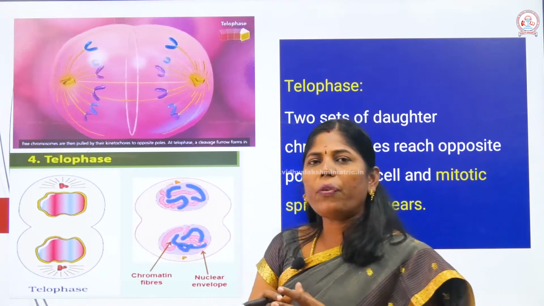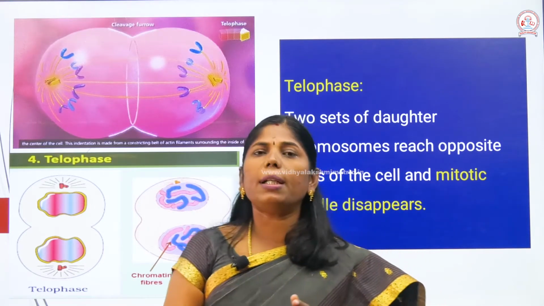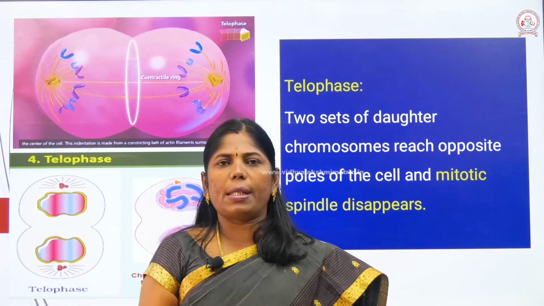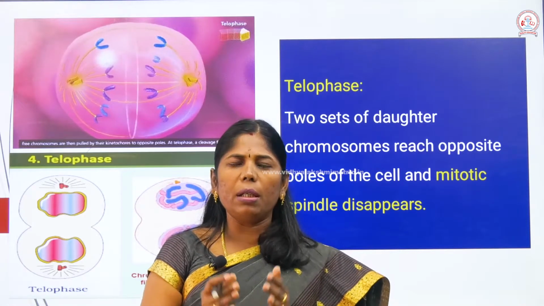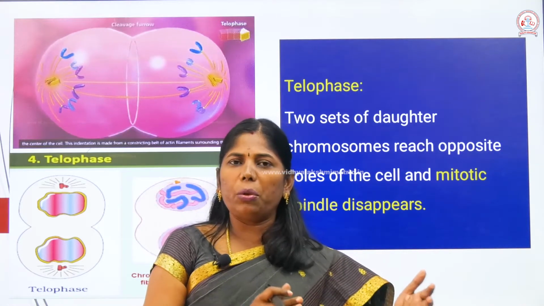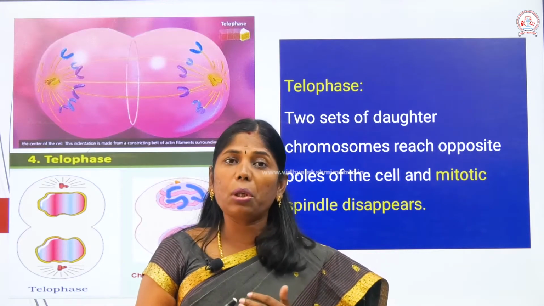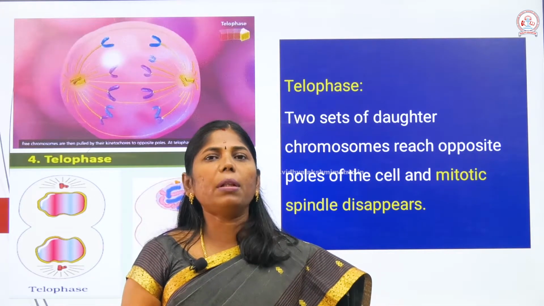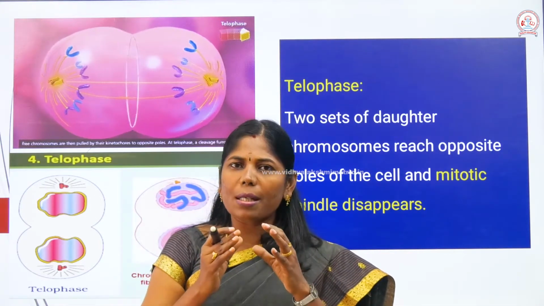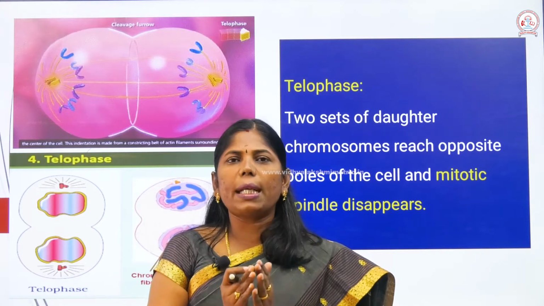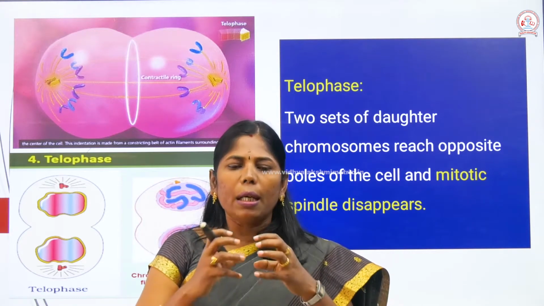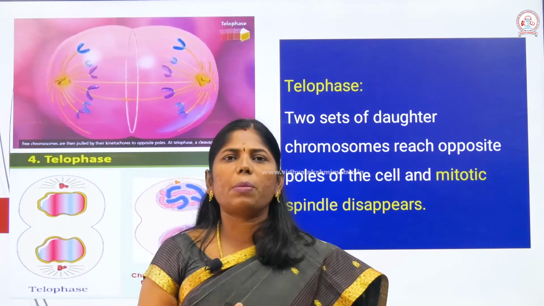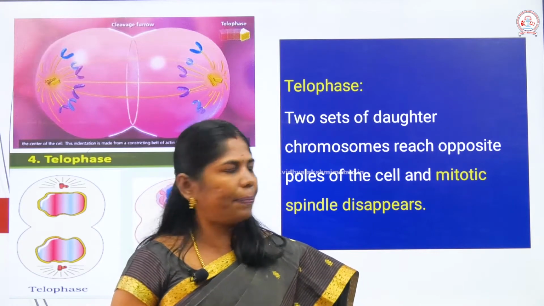Okay, in the telophase, whatever disappeared in the prophase, that material will reappear in the telophase. So what disappeared? The nuclear membrane disappeared during the prophase, it will reappear. Okay, the nucleolus will reappear, and some of the cell organelles also will reappear during this period. Okay, so what is karyokinesis? The division that takes place in the nucleus is known as karyokinesis. Okay? Then the division that takes place in the cytoplasm is known as cytokinesis.